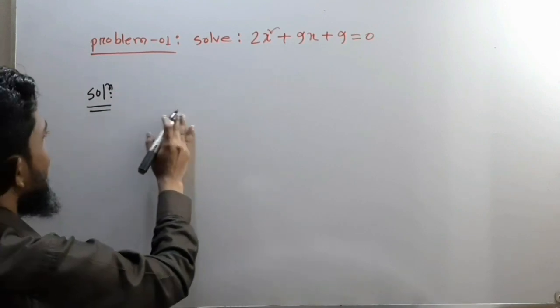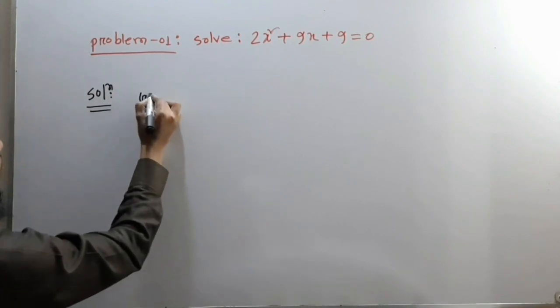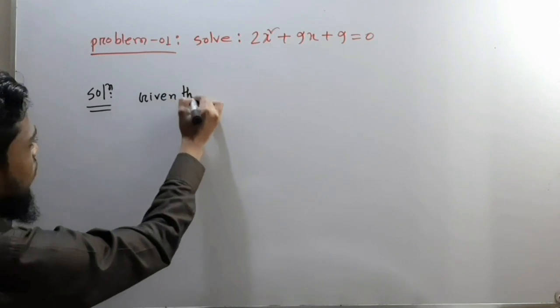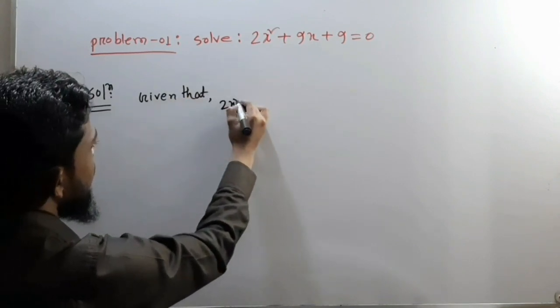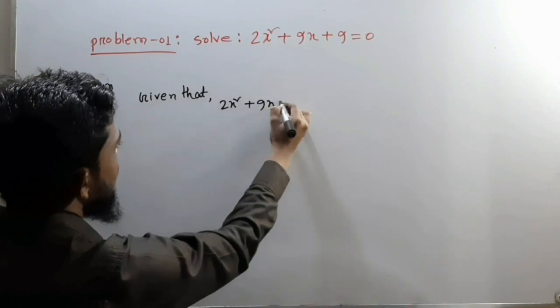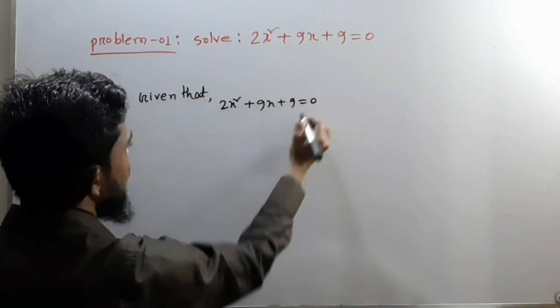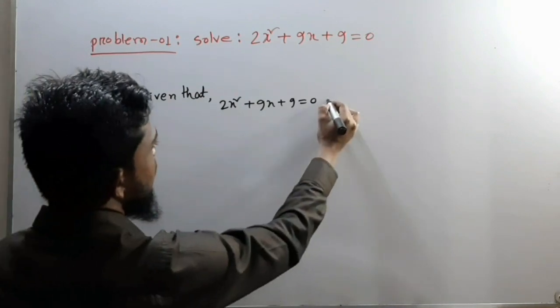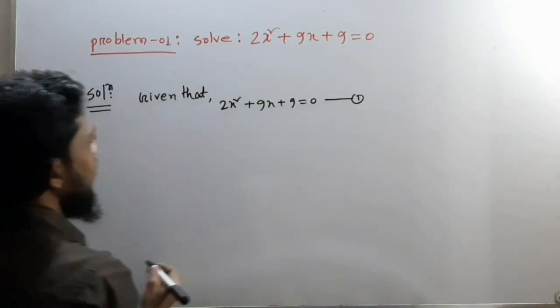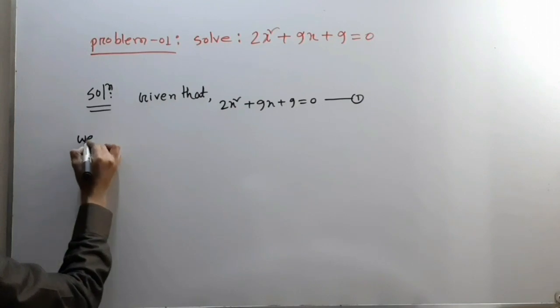Our given equation, 2x square plus 9x plus 9 is equal to 0. This is number 1, and we know that